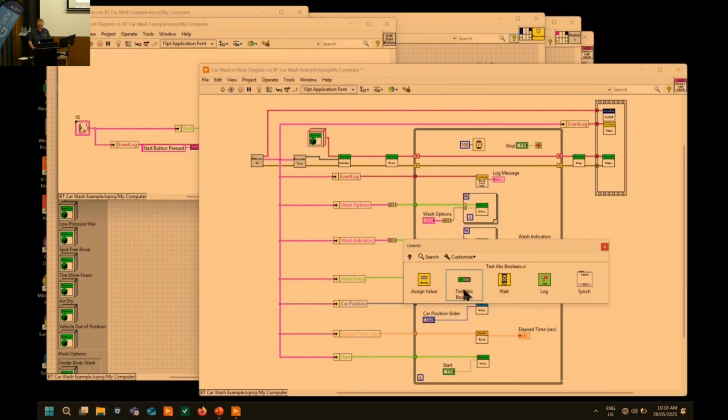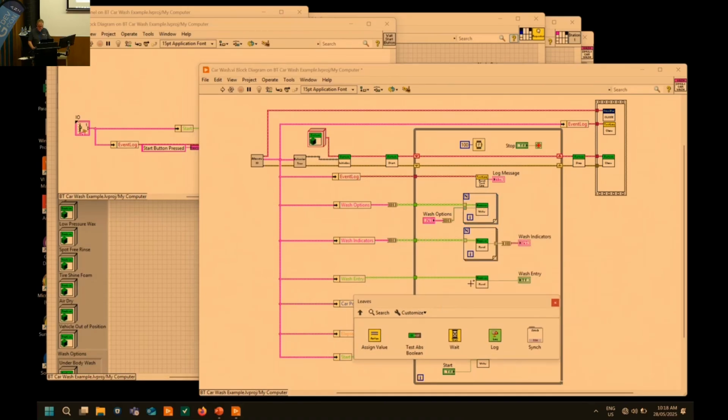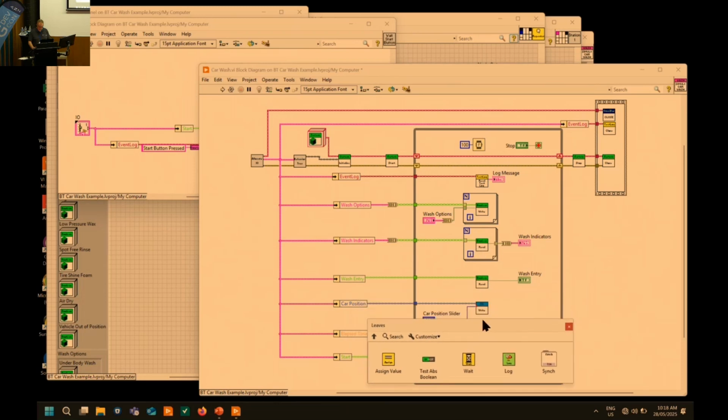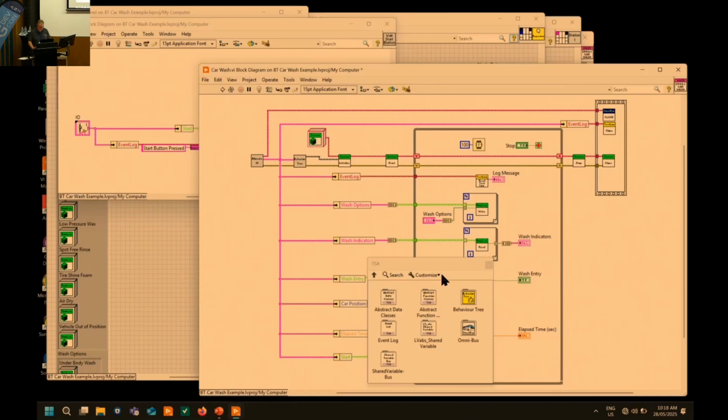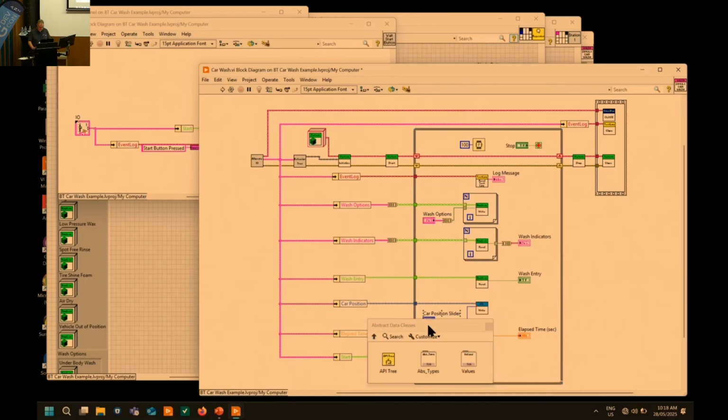Then they changed the hardware, and I was directly testing that IO, so I'd have to write this all over again. So I created an abstraction layer that abstracted out the hardware, and what you see is my abstraction layer VIs. This is writing to abstracted Boolean, reading from abstracted Booleans, and that's another completely different abstract class,